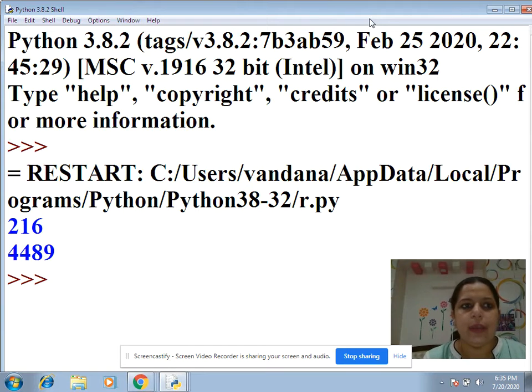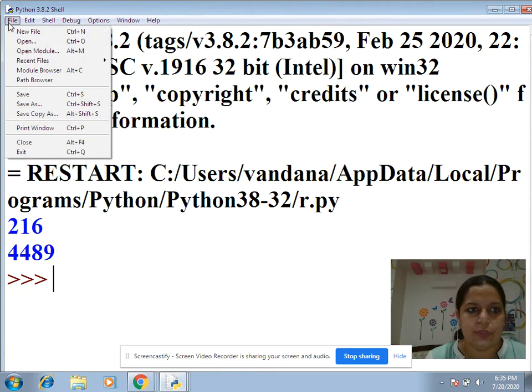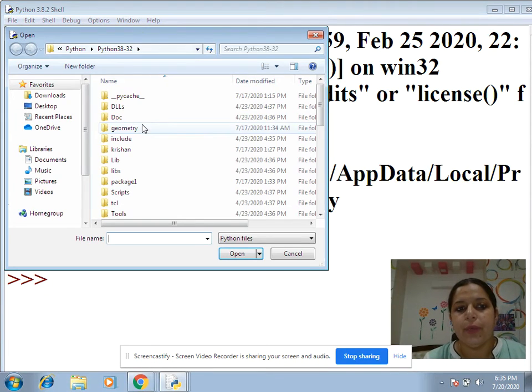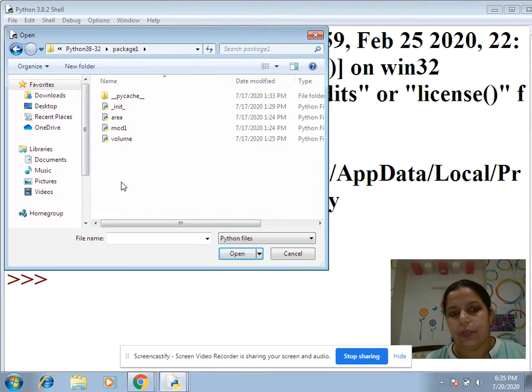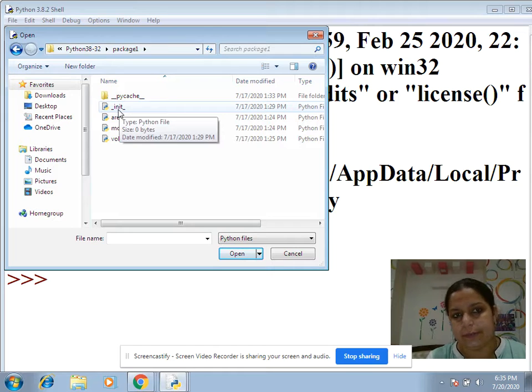Now I have created one package also. How is the package different from the module? For example, I have created a package with the name package1. In a package, I have to create an external file. You can see here __init__.py.